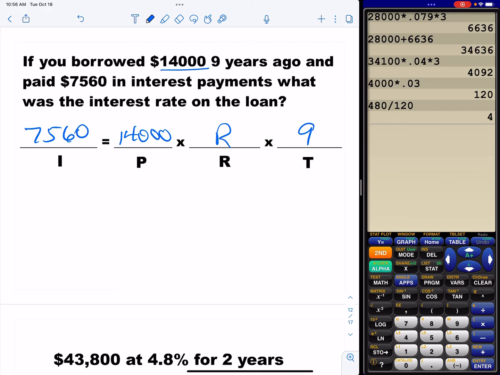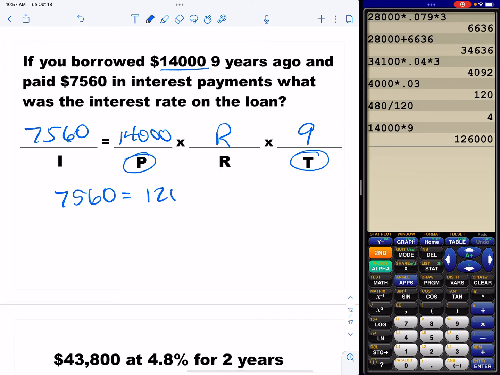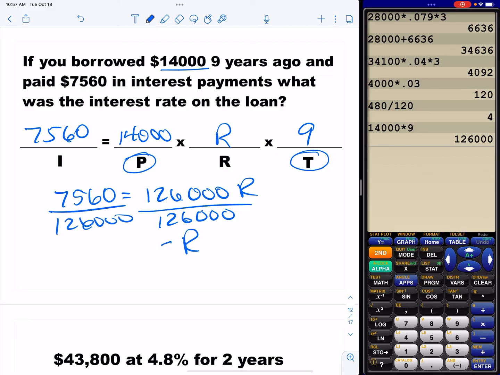So what I taught you on the last problem is the interest: you just write it down again, because the left-hand side is good. On the right-hand side, though, I can take this principal and this time, and I can put those together. And you end up with $126,000 R. Now I'm looking for an interest rate. So how do I get that R by itself? I divide by 126,000. And I end up with R is equal to, well, if we type this in,